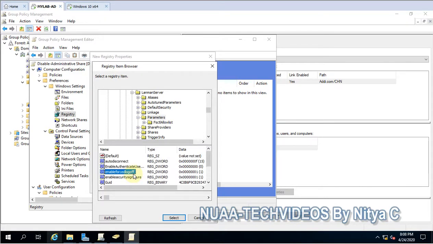You can see here that the registry setting is not there, and this setting is different for servers and computers. We are defining it for the computers now. The value is AutoShareWKS.